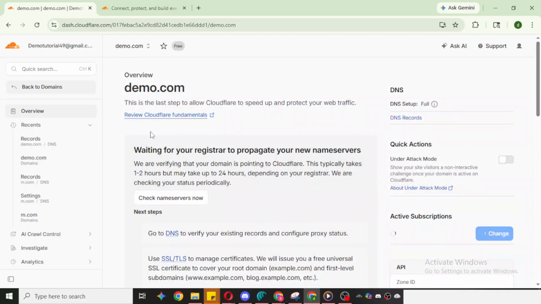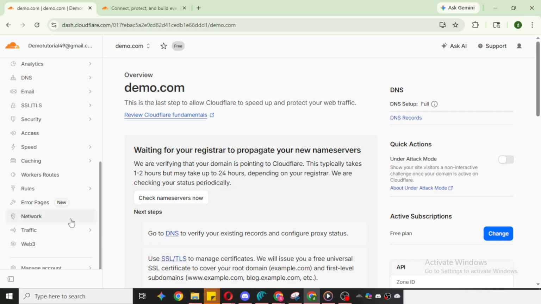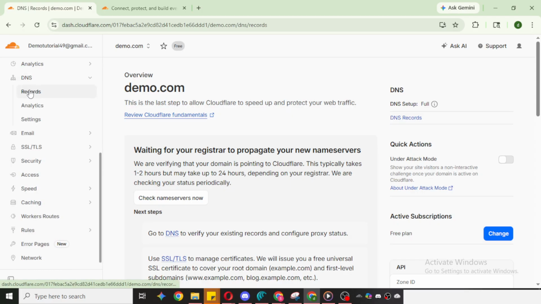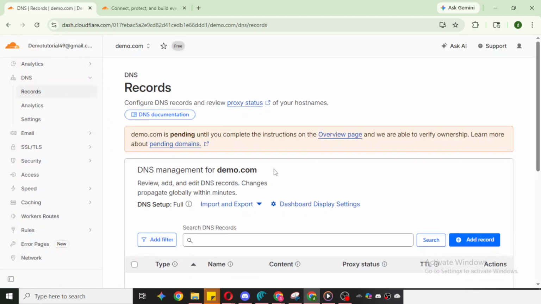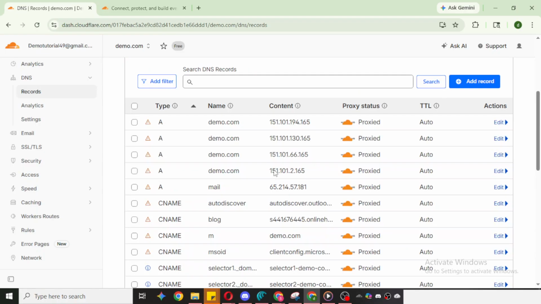This is where all of your DNS records are stored, such as A records for IPv4 addresses, AAAA records for IPv6 addresses, and CNAMEs that point one name to another. You'll see your records presented in a list. If you don't immediately see what you need, use the search bar to filter by name, like the root @ or www, or by type, such as A or AAAA.